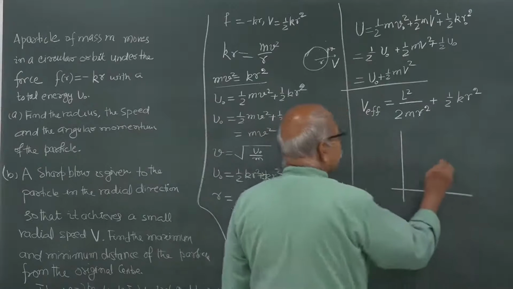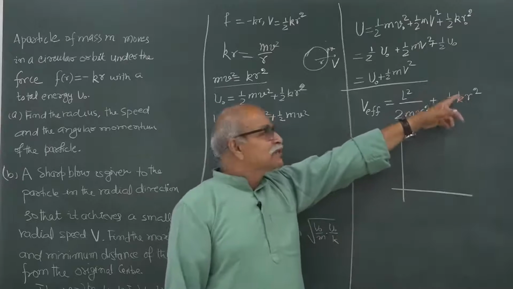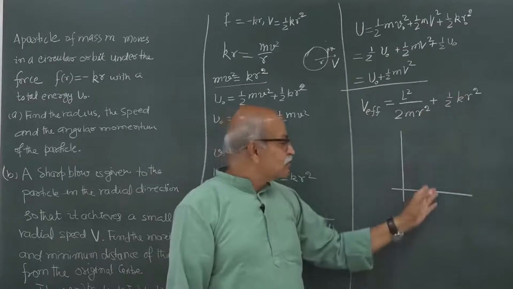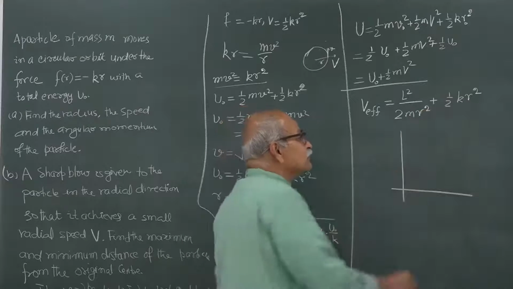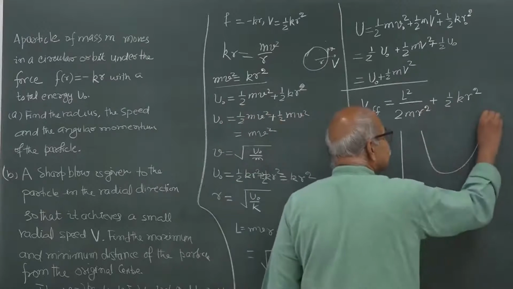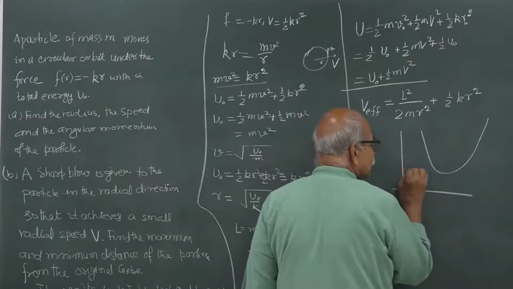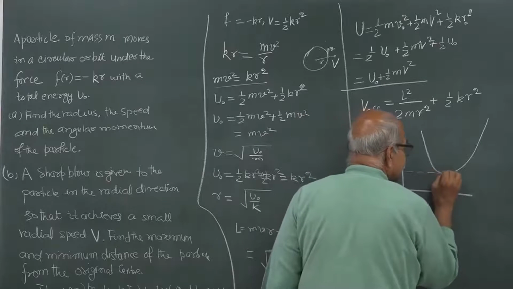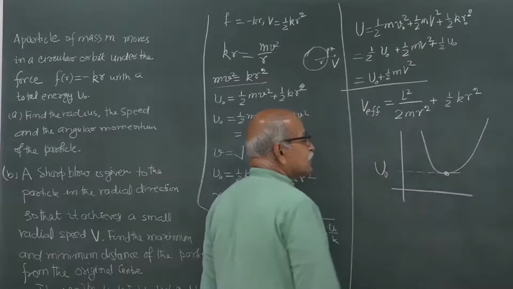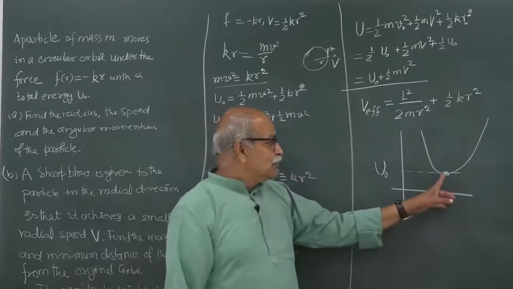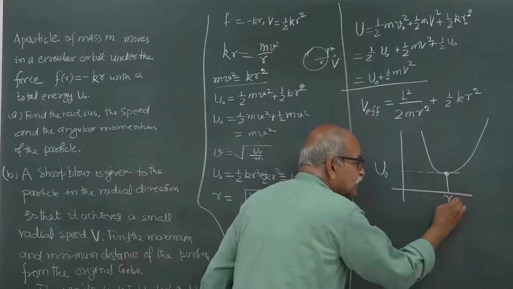Plot it. How will it look? All the time positive. There is one minimum, never crosses 0, all the time positive. There is one minimum, and therefore, the shape will be something like this, and here is that u naught. If the energy is u naught, it is going in a circle. So, it has to be this lowest point where you have only one value of r possible,